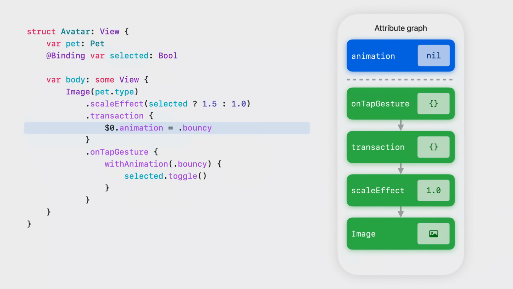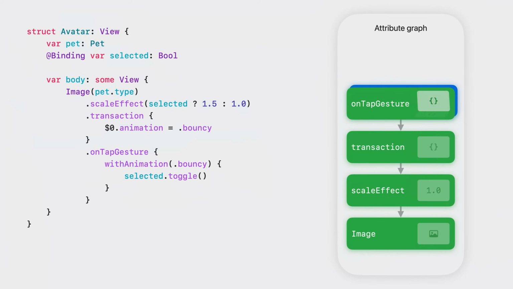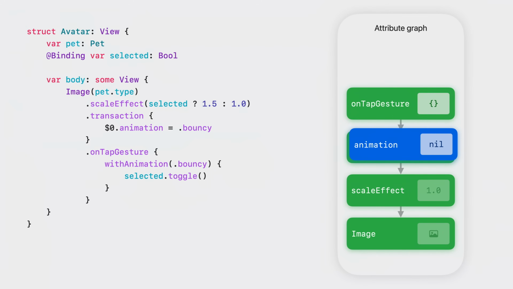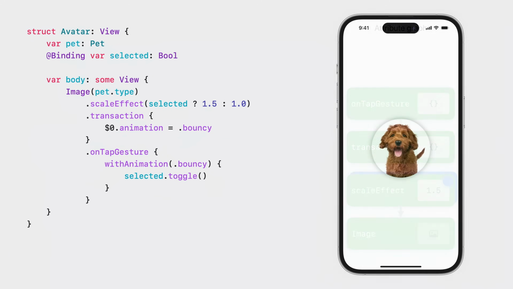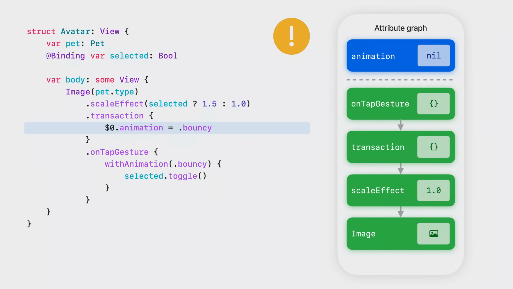If I set an animation from within this modifier, then whenever body is called, even if there is no animation or a different animation in the transaction, the attribute will override the animation. And when it reaches the scale effect, this animation will be used to interpolate the scale factor. Pretty cool. But there's a problem with this pattern.